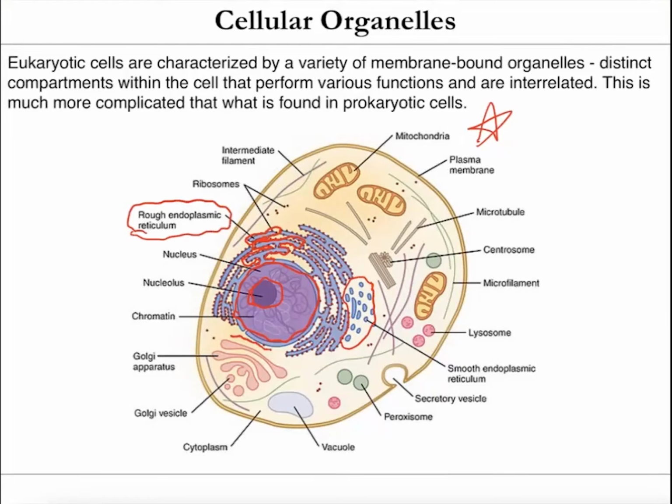There's also a Golgi apparatus and also all sorts of different vesicles that are involved in getting proteins sorted and brought to the position where they need to be, whether that's secreted out of the cell or delivered to a membrane within the cell or delivered to a specific compartment within the cell. There also may be vacuoles in animal cells, although those are more common in plant cells. There are lysosomes, which break down material that's brought into the cell, and peroxisomes, which we're not going to talk about, but are sort of related to that.